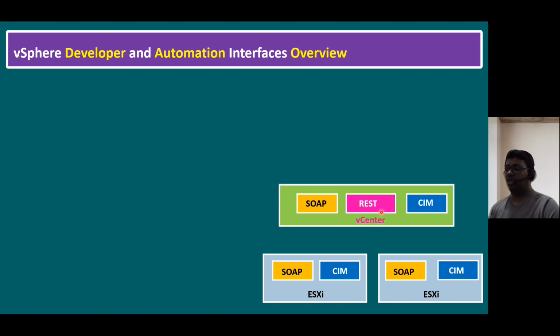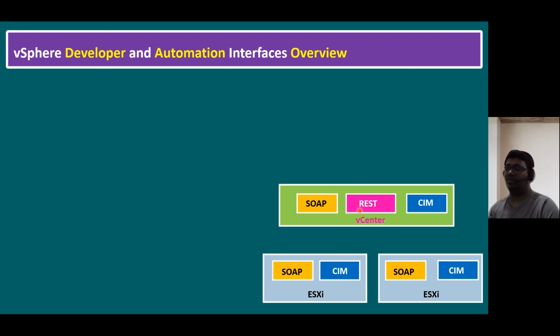And then we also have a vCenter server to manage multiple ESXi hosts. Similar to the ESXi host, even in the vCenter we have the API interfaces SOAP and CIM. Along with these two interfaces, in the vCenter server we also have REST. This is an additional REST API interface. Compared to SOAP and CIM, it has some additional capabilities. When we perform automation using the vRealize Automation tool or vRealize Orchestrator tool, we require REST API access